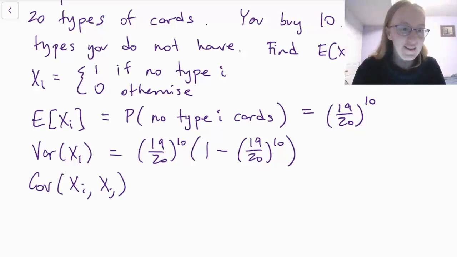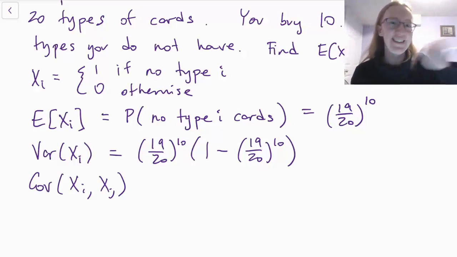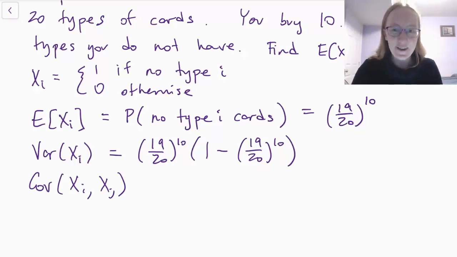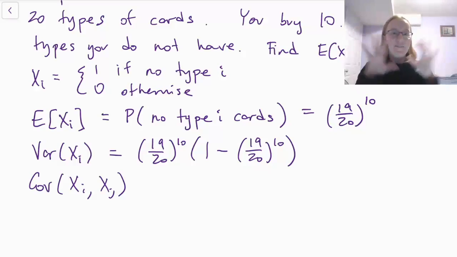Someone asked how do you do it when they're different? I'll come back to that. I'm going to finish this problem and then I'll come back to that. That's a great question. Okay, so here, for any pair ij, all we want to do is find the probability